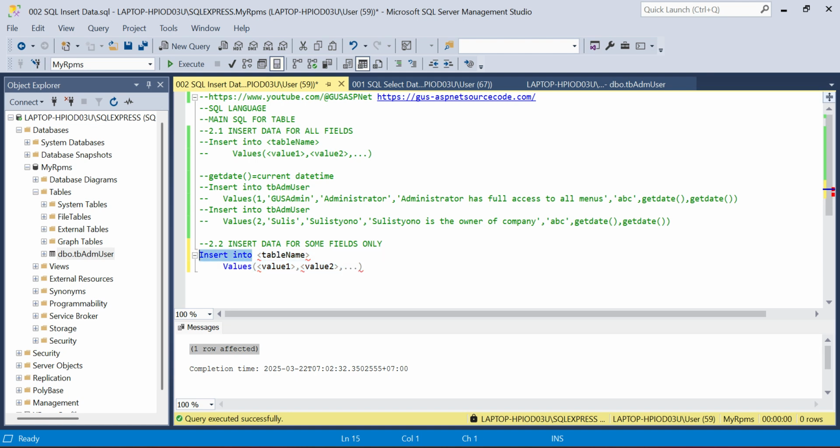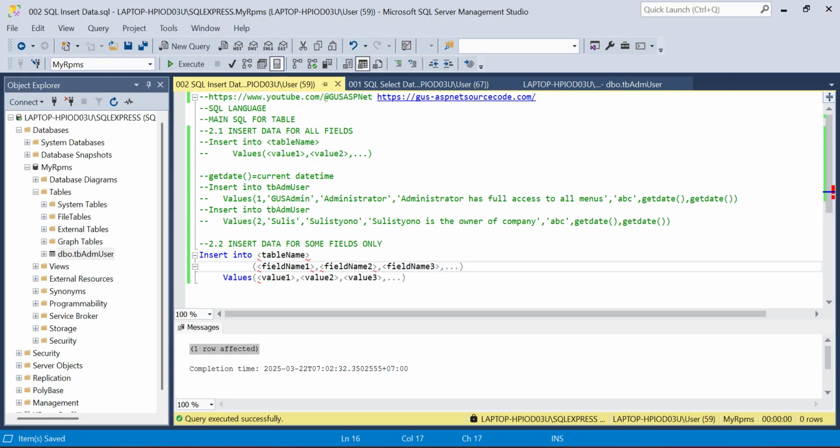The keyword is still the same, insert into and values, but we have to mention the field. Field name 1, field name 2, field name 3, and so on.